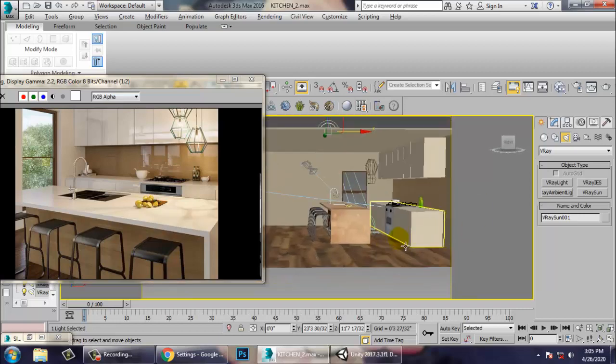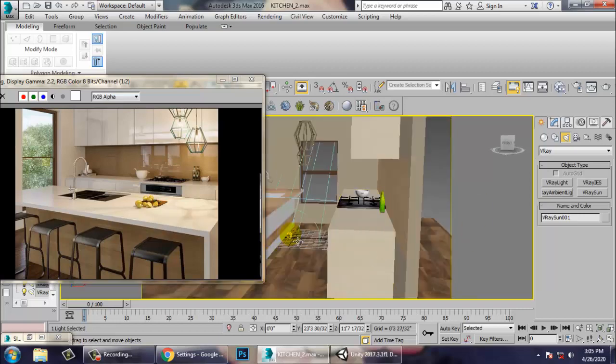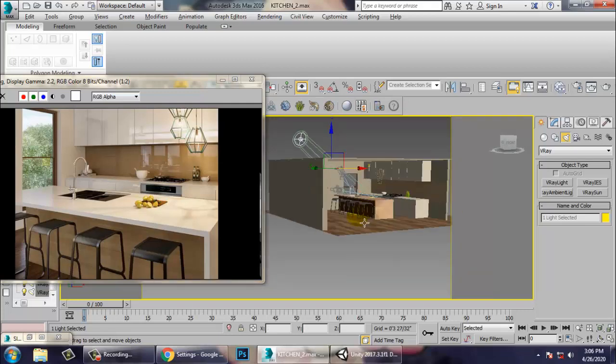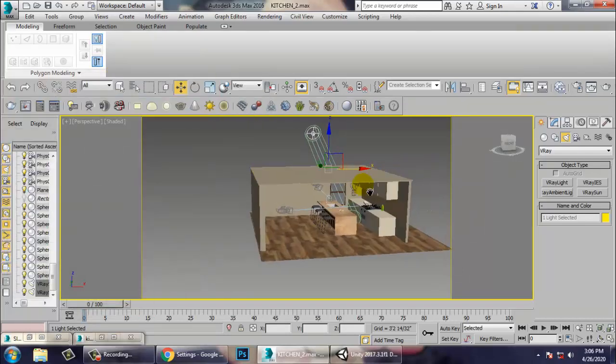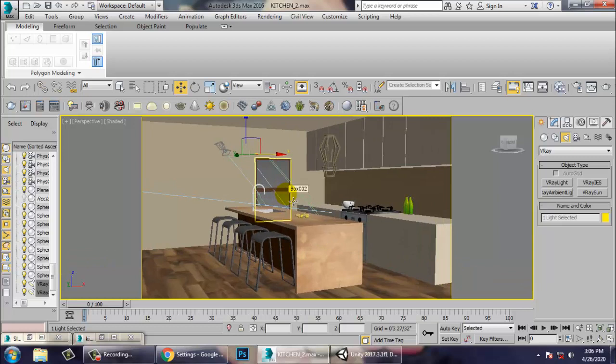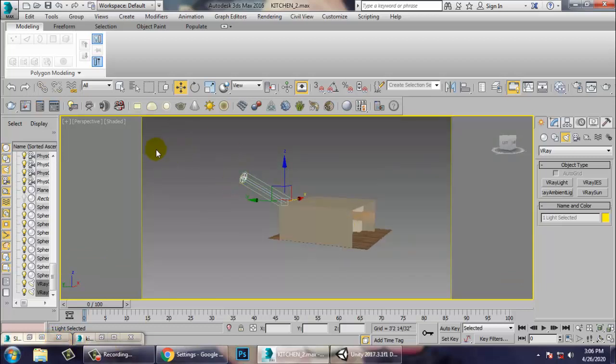So once you have activated this option, I'll just push my light over here, and before we start, what I'll do is create a V-Ray camera. If you want to set up a V-Ray camera, you can just create a V-Ray camera. So let's go into the light over here,